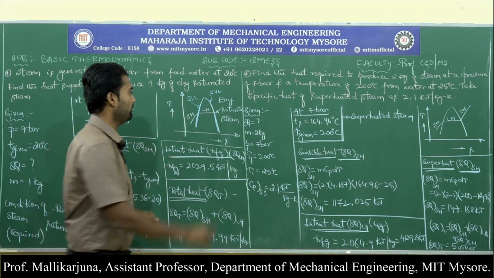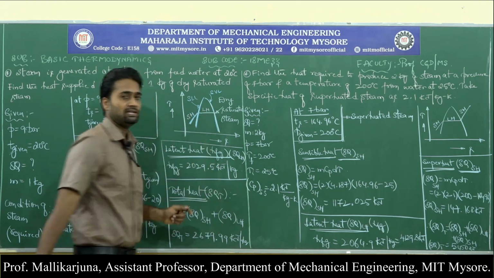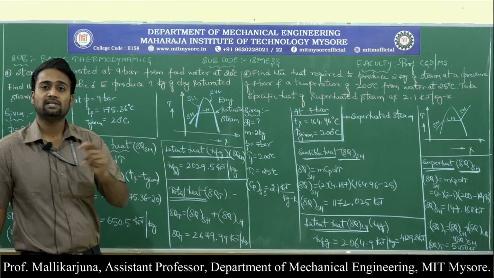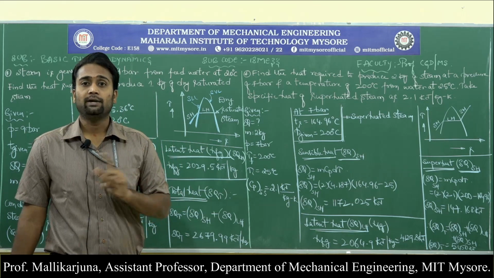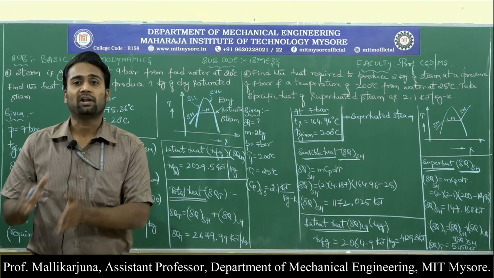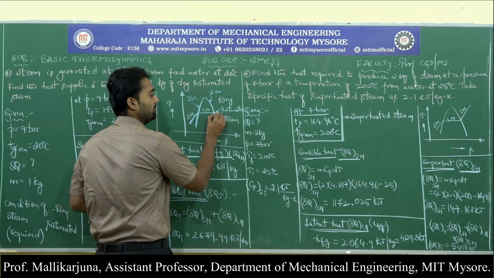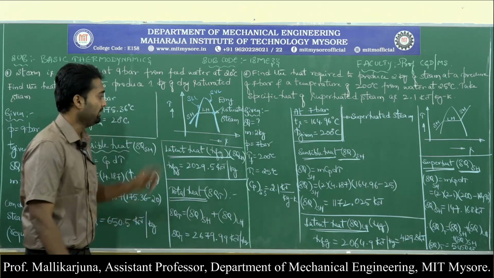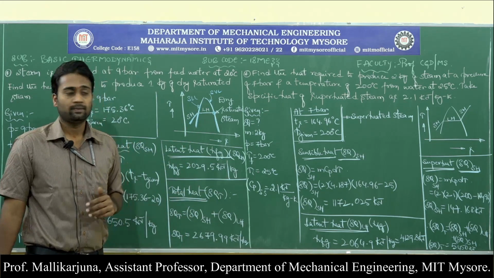Now I am looking for the 9 bar pressure line. At 9 bar, what is the overall amount of heat supplied to produce 1 kg of dry saturated steam? What do you mean by dry saturated steam? I don't want water particles to be present in the final form of steam. It has to be completely dry, in the sense it has to come to this state. This is the dry saturated condition to me. On this point at 9 bar pressure, the steam is completely dry.